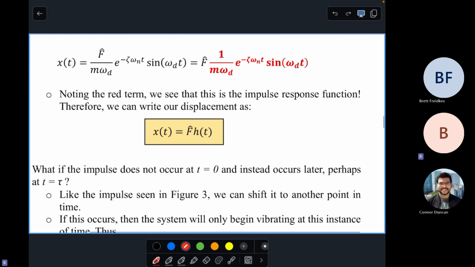So, this makes sense. Again, specifically, the impulse of 1 is h of t. If I were to multiply that by some factor, a bigger impulse, it will still decay at the same exact rate, just with a larger amplitude. Let me draw a picture to show that. So let's say that this is my impulse response function, and then it dies out. If I hit it with a bigger amplitude,